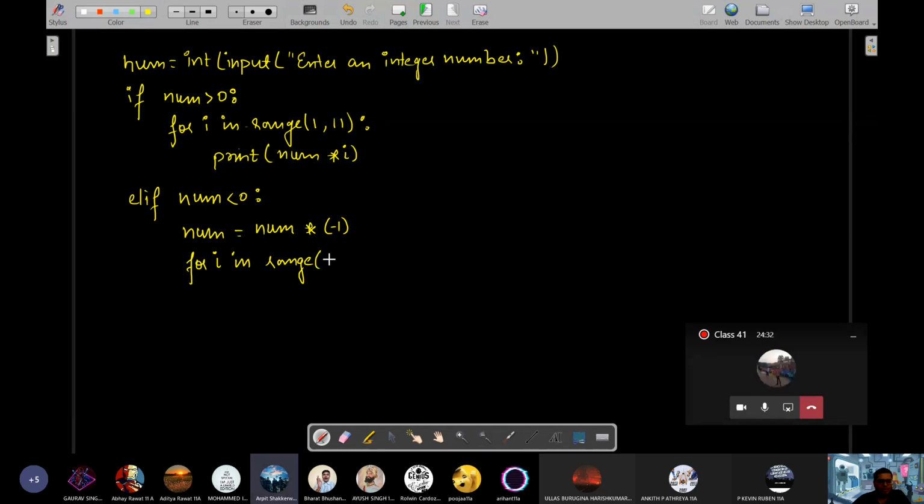Okay. Sir, for num equals to 0. Wait, where have I gone there? Okay, right now we are checking negative. In the negative case we are printing the factors. So factors will be from where to where? Between 1 to that number. Num plus 1. Yeah. And then if num is divisible by I, then you will write print I. That print I. Good.